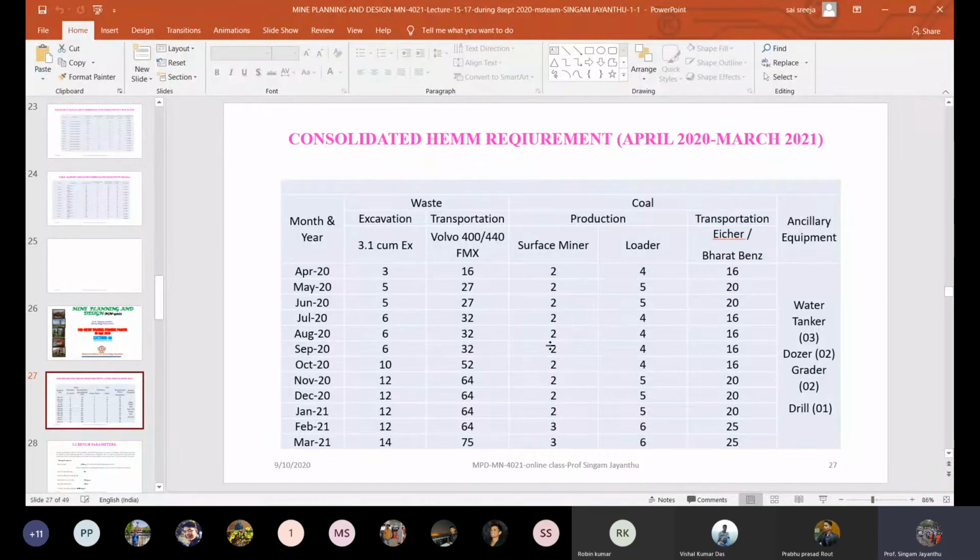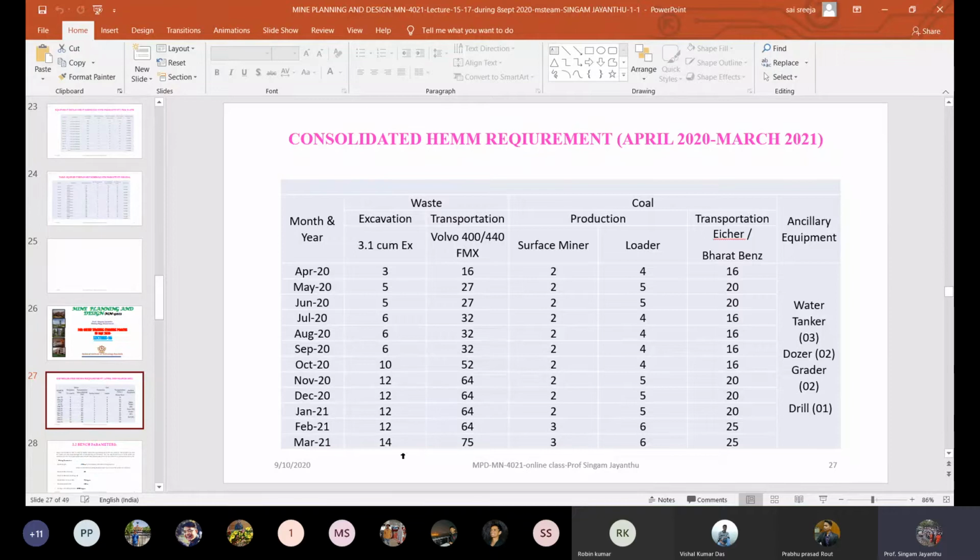As your friend said rightly, when you consider only one working shift or two working shifts, depending on different situations, that situations may be n number, but now two surface miners with four loaders, right? And then for coal and then for waste, what are the number of dumpers for transportation, everything is estimated. Now you see, with all the calculations we are supposed to give, I am not giving, although I have the total report with me, it is not required, you can calculate your own.